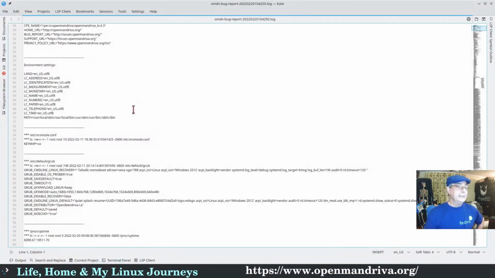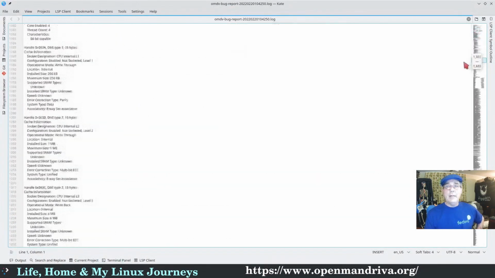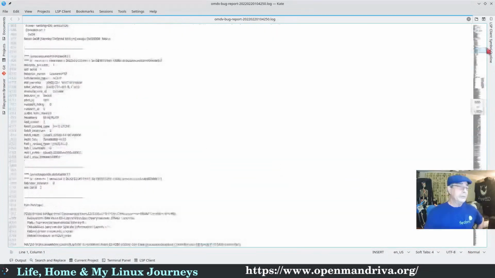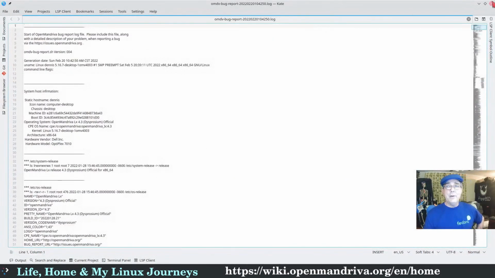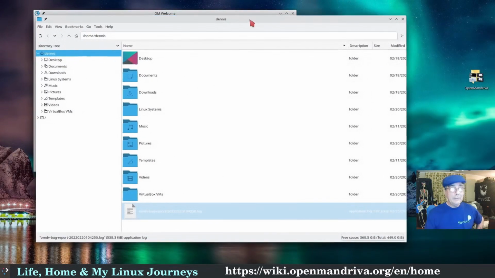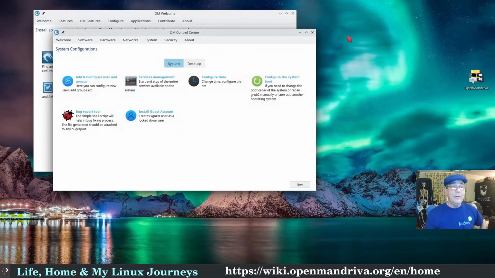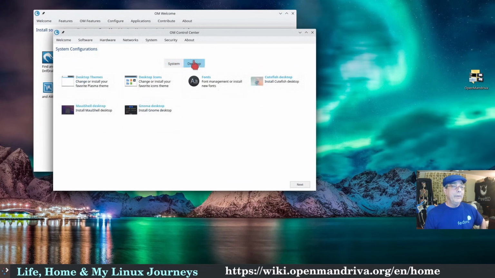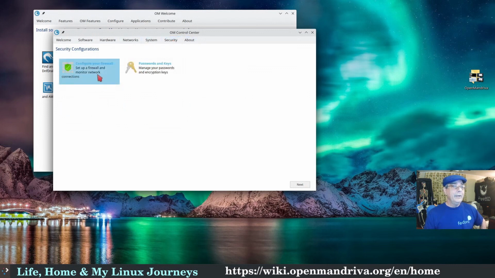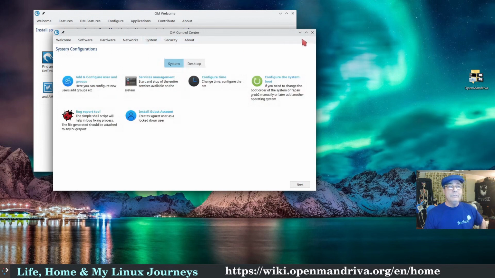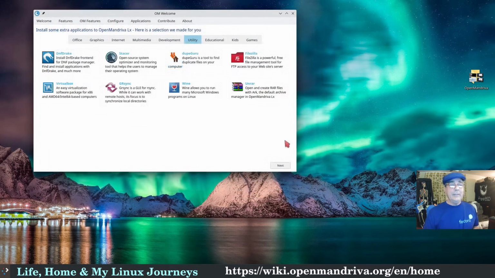And you can see this is a report that has every single thing to do with this computer. And I'm not sure who this is going to help, but I'm going to send it to them anyway, just to do my part. And it might change, so I'll go ahead and get rid of that for now. I'll create another one later on. Configure my system boot. Desktop icons, cute fish desktop, different desktops there. Under security, got to configure your firewall. Green check means it's on. So we got a lot of options here to get you started